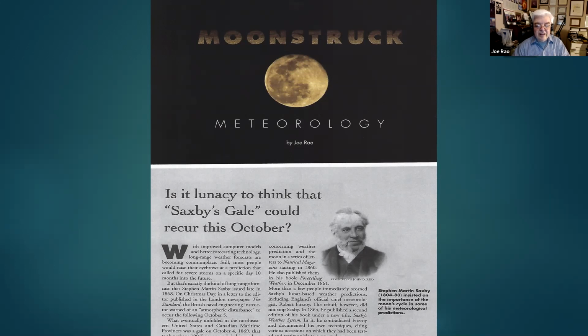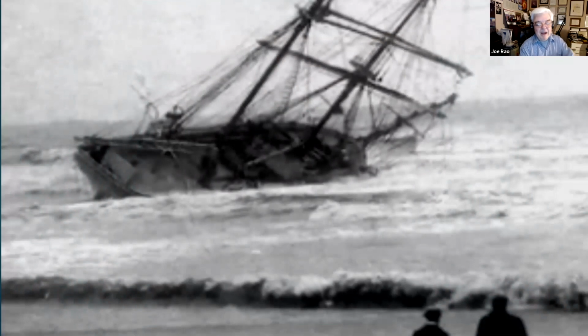And it was researching this article that I found that in some of those cases, we had some really unusual weather that took place. Take, for example, and by the way, also, to have the full moon or the new moon at perigee over the equator can only happen usually in the fall or the spring, March or April, September or October. And usually around that time, we have, of course, the equinoxes, the vernal equinox in March, the autumnal equinox in September,